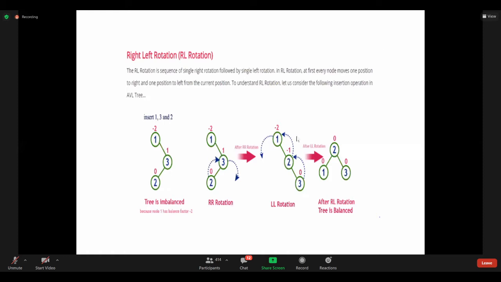Long cut means first we have to perform RR rotation, then LL rotation. The same logic we have to apply. We know how to perform RR rotation and LL rotation. When we apply one after the other, finally we will get the same answer. That is long cut. Shortcut means directly we are getting the answer instead of doing both. So instead of first performing RR rotation according to the RR rule, and next performing LL rule, after that we'll get the answer.